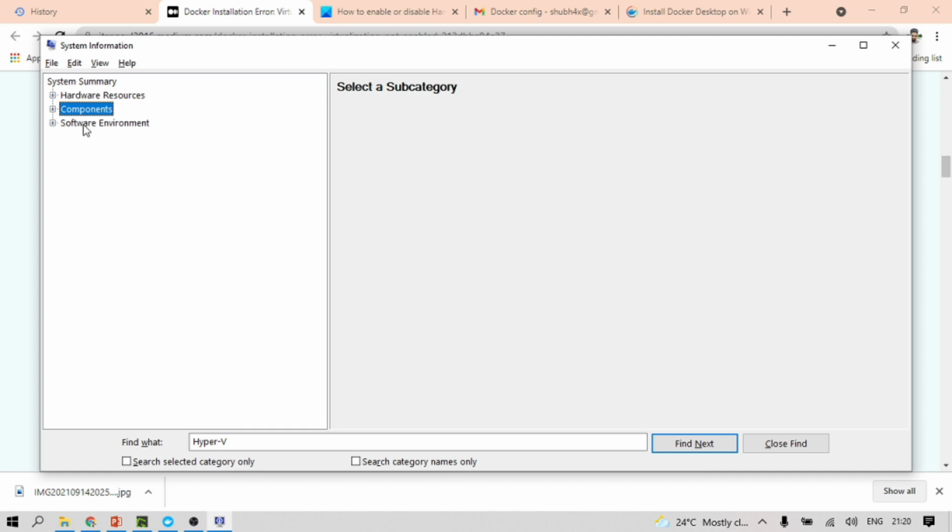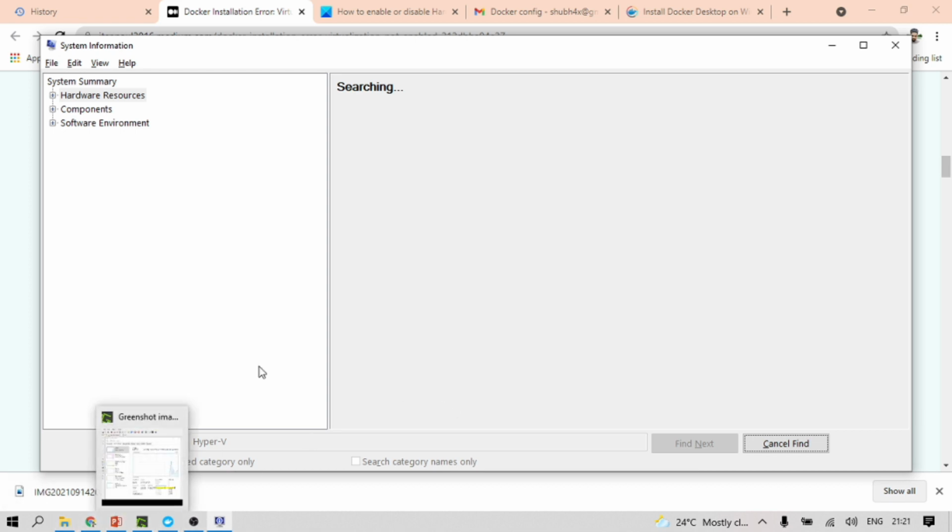It is loading actually. It is taking lots of time. I don't want to lose much time here.